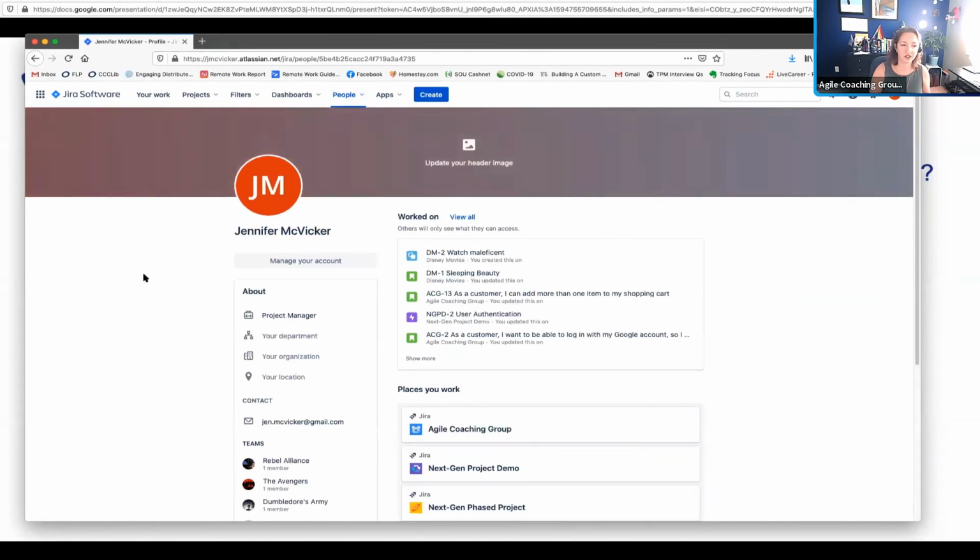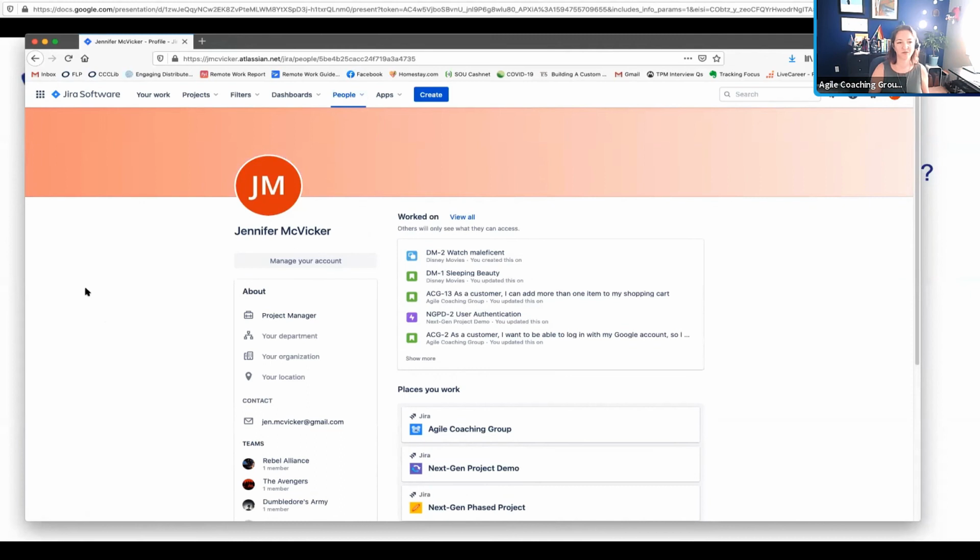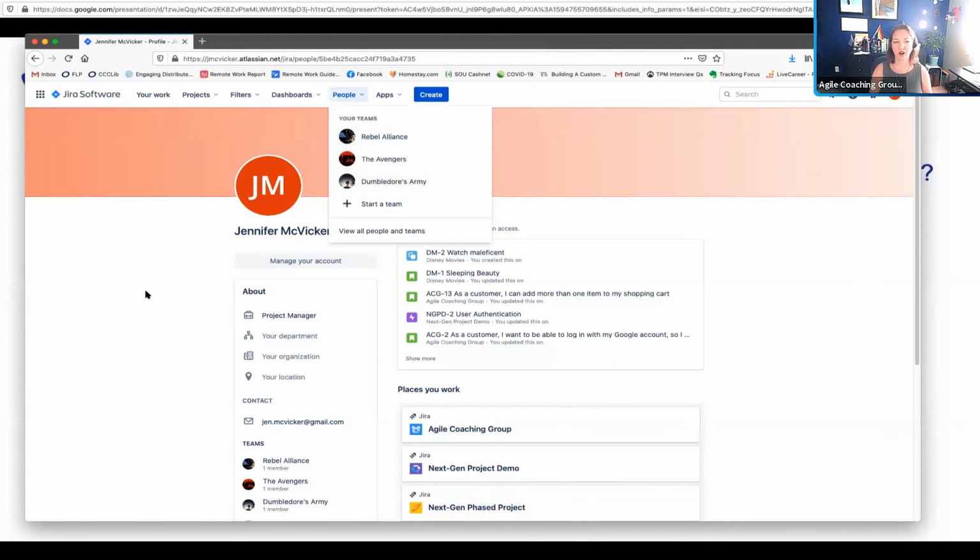The teams that I've set up here don't actually have anything to do with the custom field Scrum teams that I set up. I had to set that up separately. You cannot have your teams from the people section automatically flow into your issues. There's no way to pull that data in,